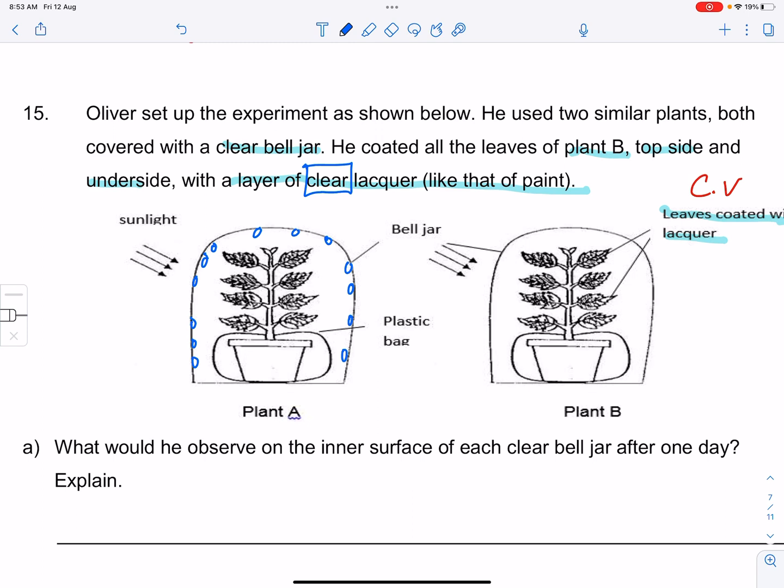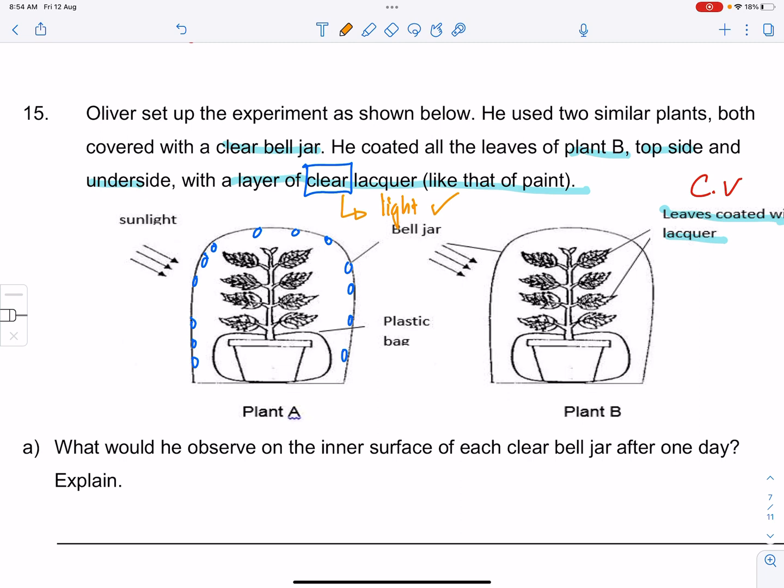So, if you're sharp enough, like I told you earlier, clear tells you that sunlight can enter, or light can enter. The leaves are able to get light. So then ask yourself in a very strategic manner, if it's not light they're inhibiting, what is it? Because some of you actually said that the plant could not absorb light. That's wrong. So then after that, you ask yourself, is this really a question on photosynthesis? And the answer is